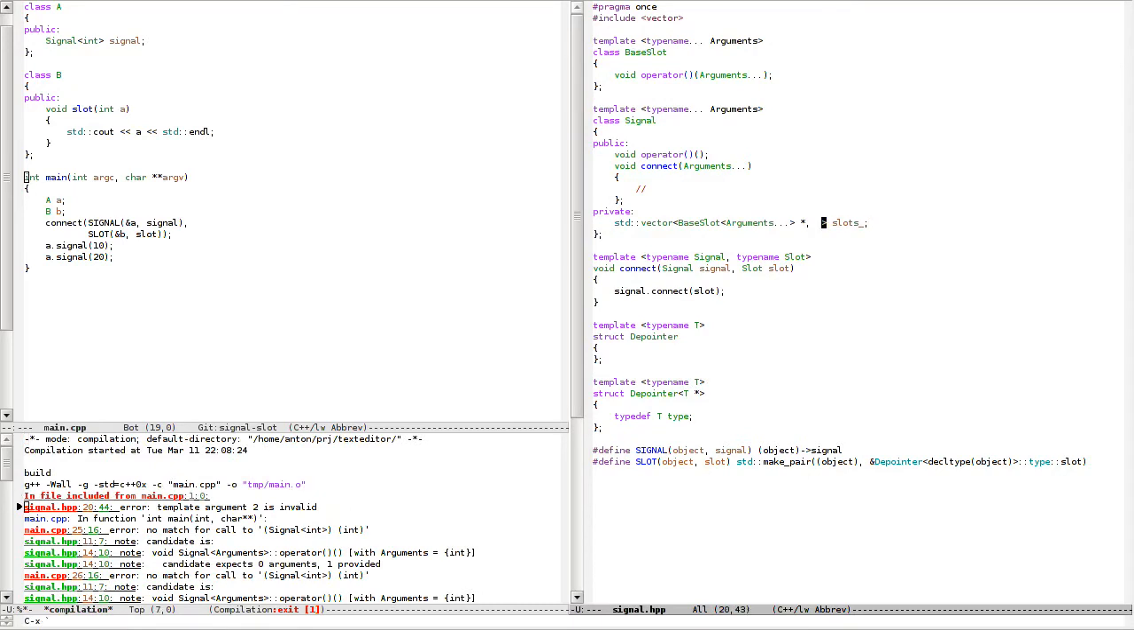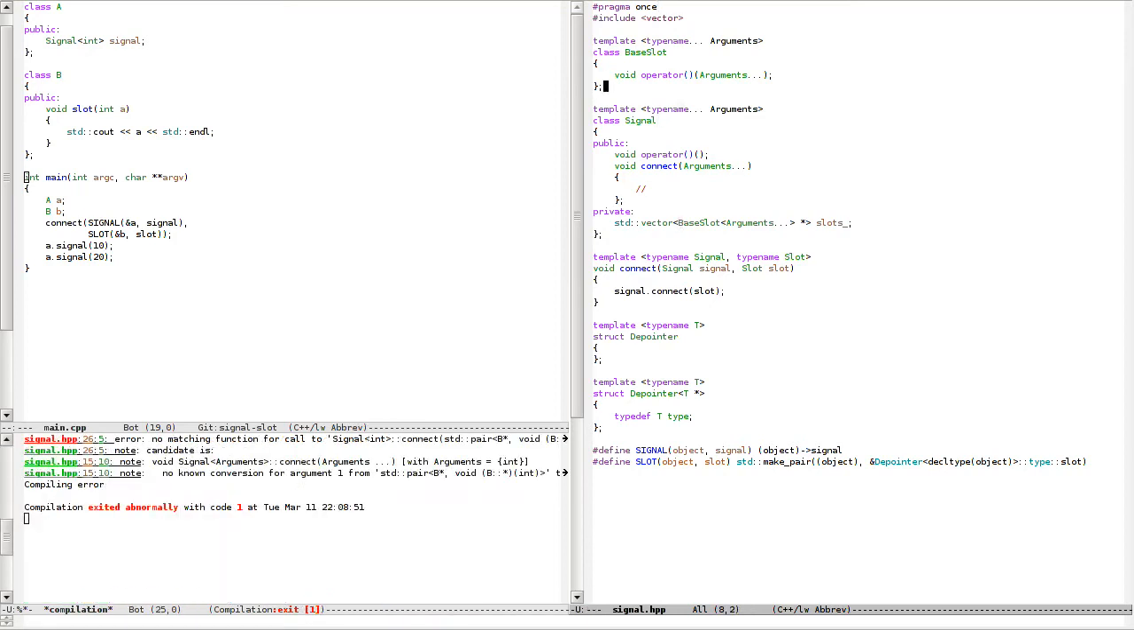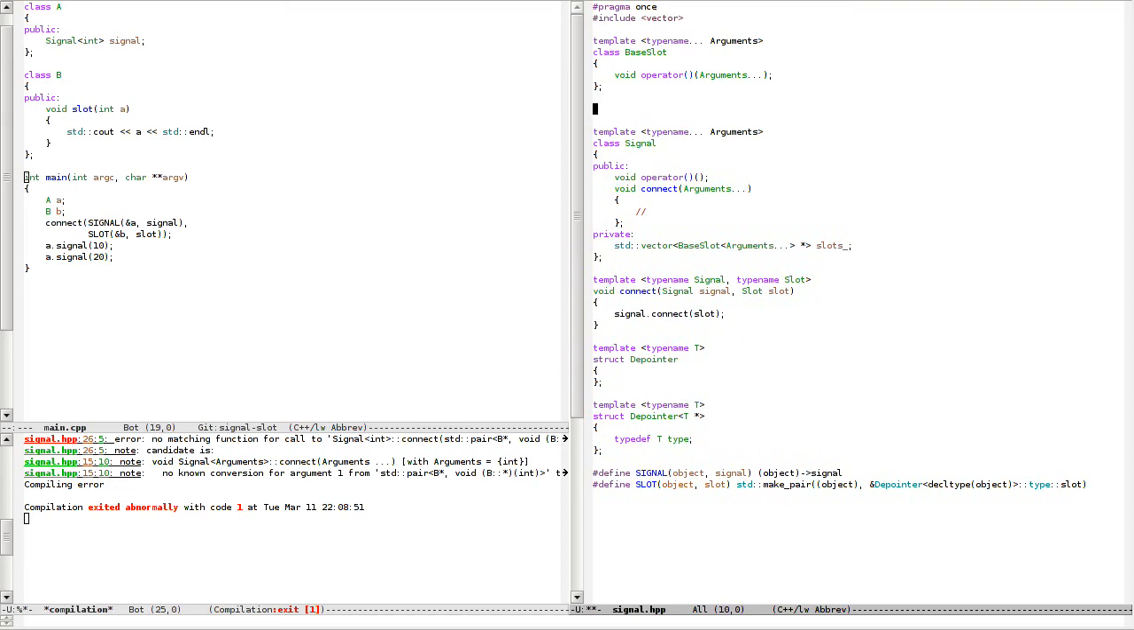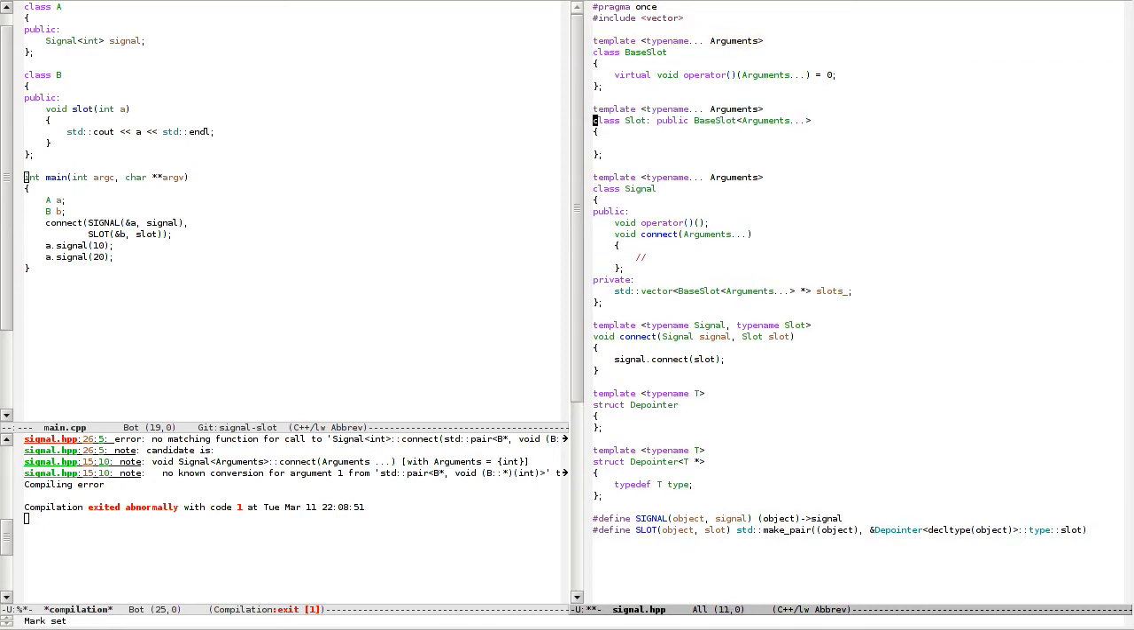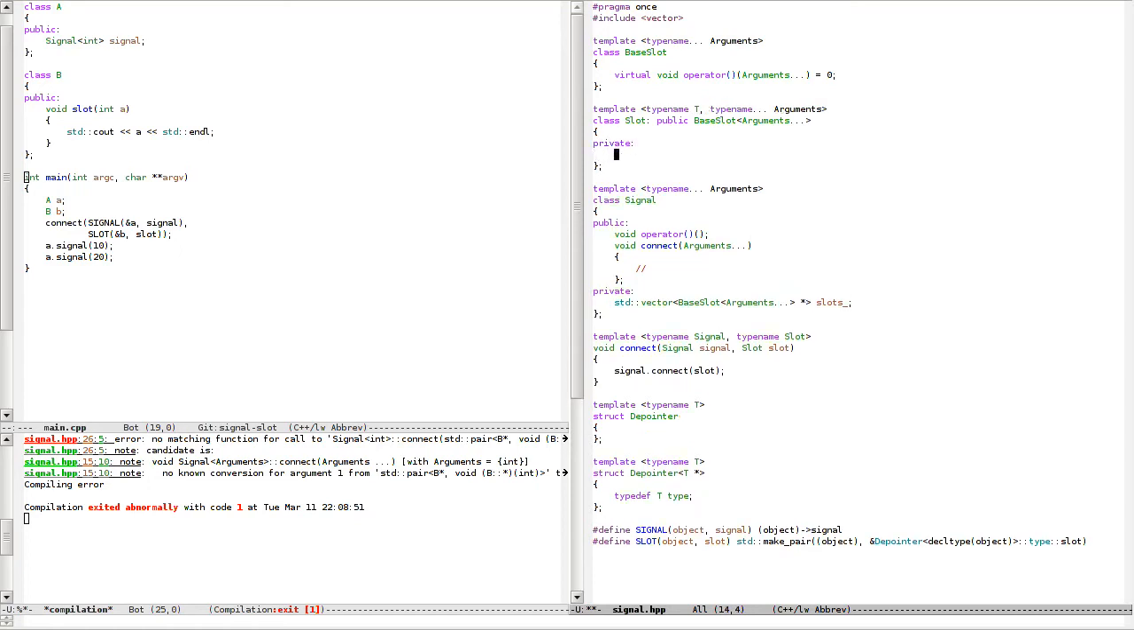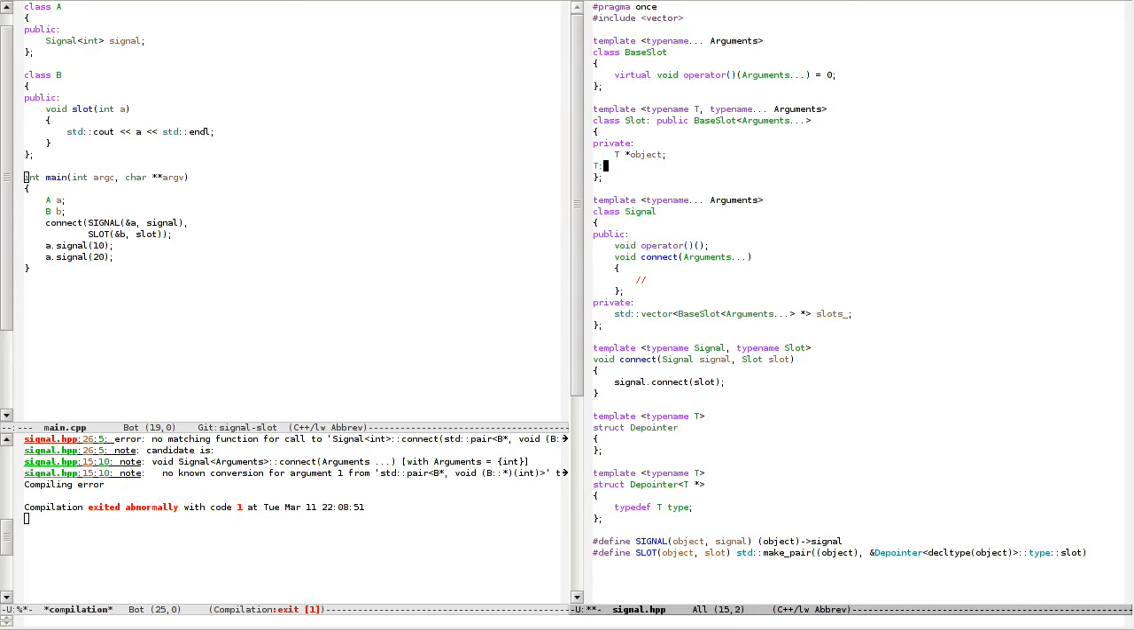And the second one is a vector of pairs. No, just a vector of these things. So an actual slot, class slot, is going to be derived public base slot. So it's virtual public base slot, and here it's going to be arguments. So it's going to be template of this thing and type name T. So it's going to have a pointer to object, and a pointer to